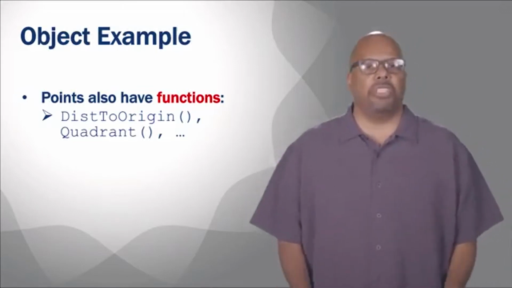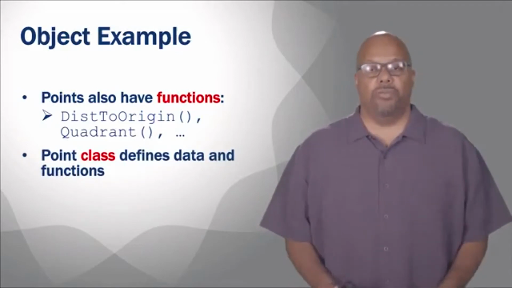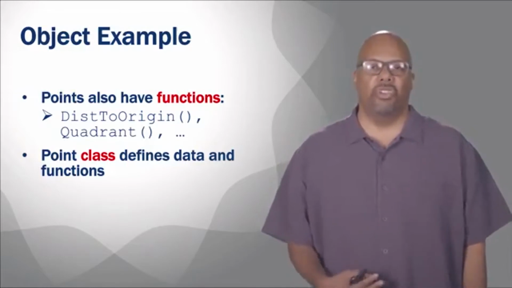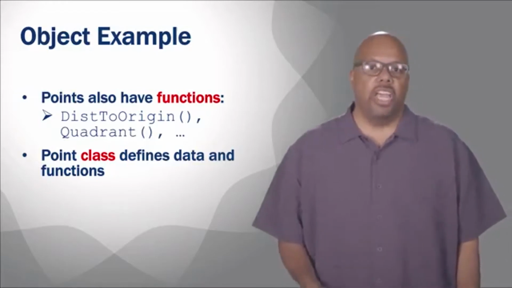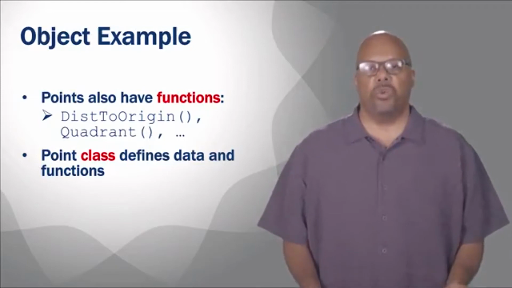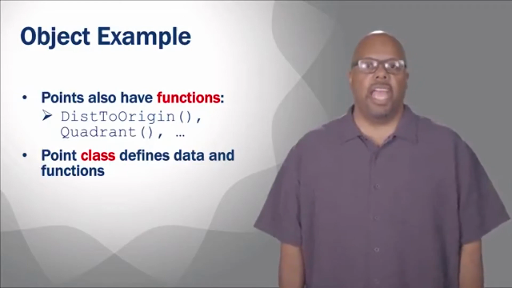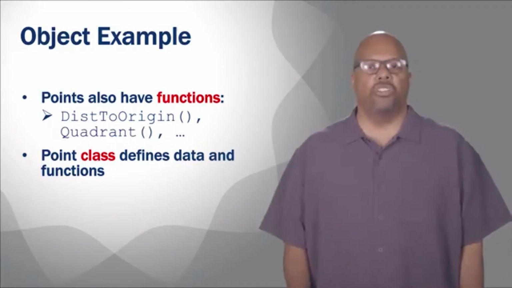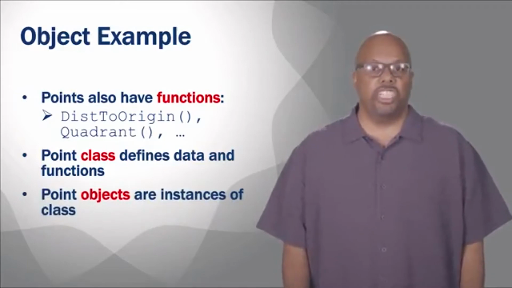So in typical object-oriented languages, you have this idea of a class. I should note right now, Go does not use this term class. But I bring it up because it's used in other object-oriented languages, and people might be familiar with this idea. So maybe I'd make a point class, and the class defines all the data that would be inside a point: X, Y, and Z, maybe all floating point values. And the class would define all the functions associated with points, distance to origin, quadrant, and so on. That would be the class, and then an object is an instantiation of the class.